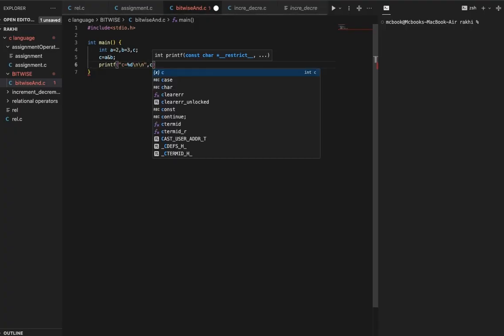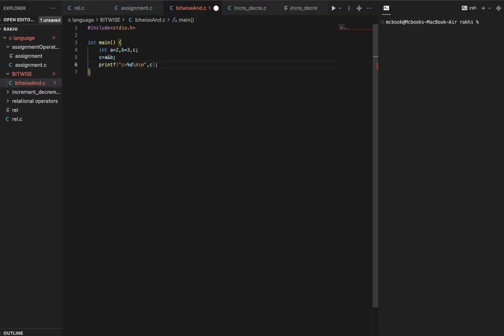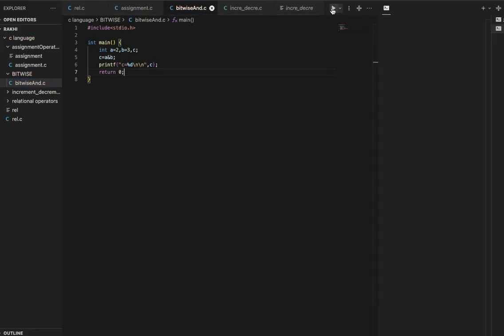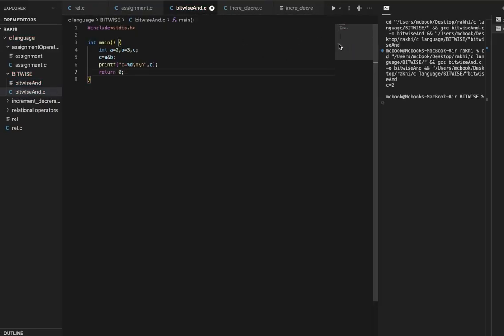It is a very short program, so we can easily perform it. At the last, we return 0, and that's it. We run this program. We easily see what the output is. So you can easily do this.